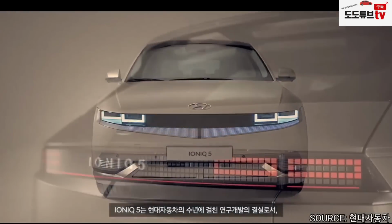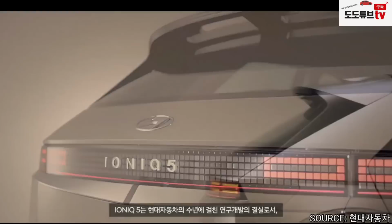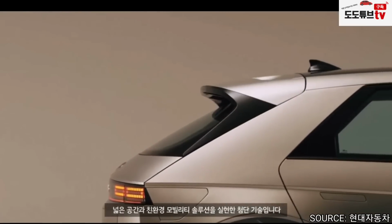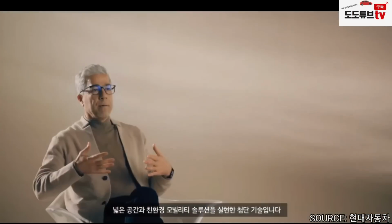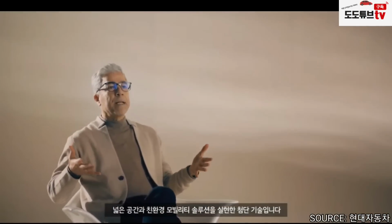IONIQ 5 is the culmination of years of R&D, which brings together our most cutting-edge technologies for a spacious, eco-friendly mobility solution. Please stay tuned for this outstanding